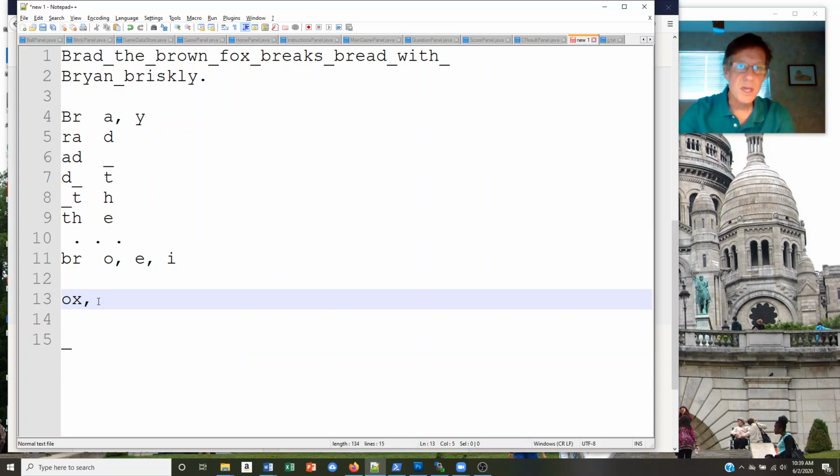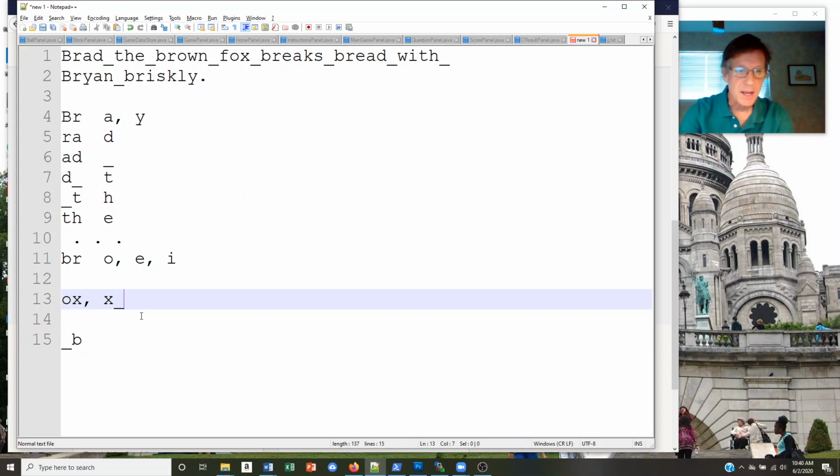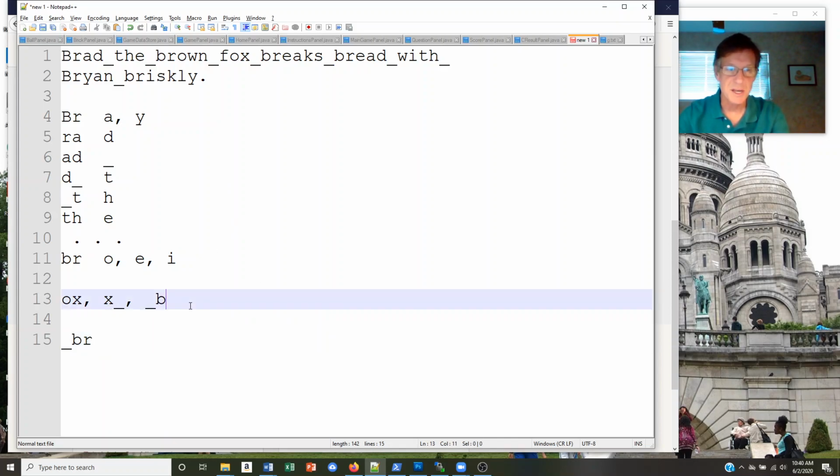Okay, and now the new key, we move to the right. So now it's X space, that's the new key. And I think there's only one X space, so that has to be followed by a B. And then we've got space B, and we've got several space B's, but they're all followed by R's. So again, X space, and then the next key is space B, and that's going to be followed by an R. Okay, and then here's where things would get a little more interesting, because the next key would be BR,